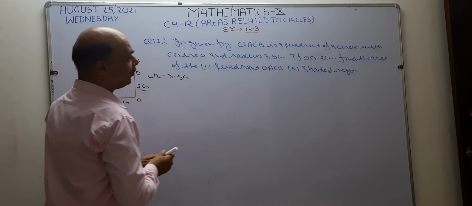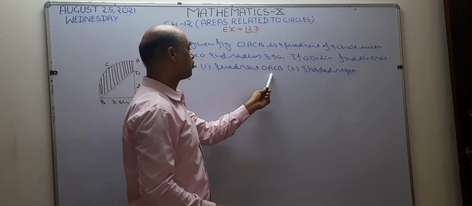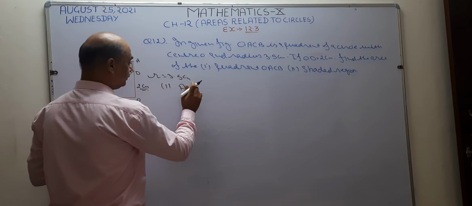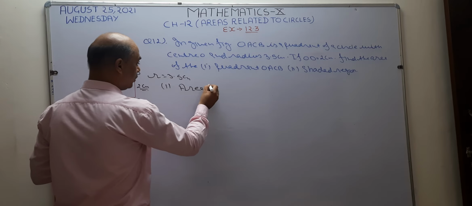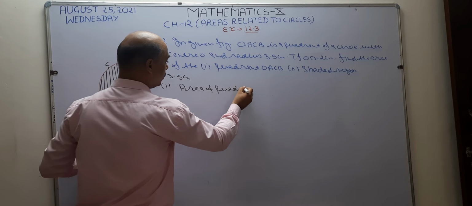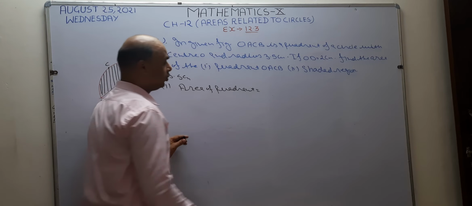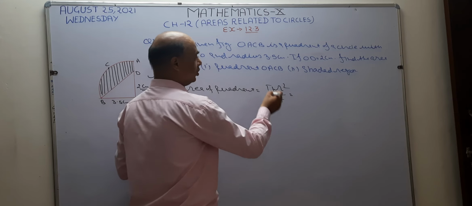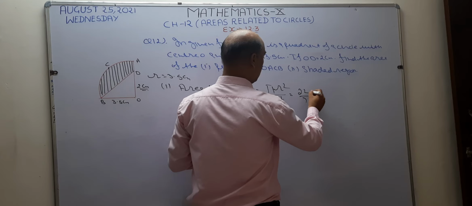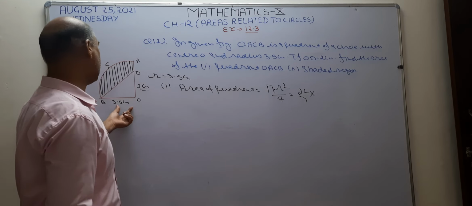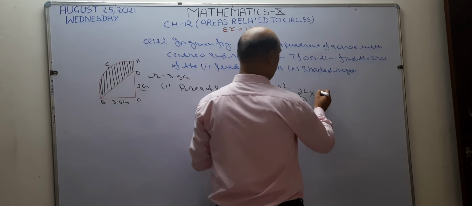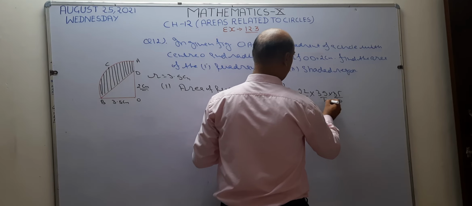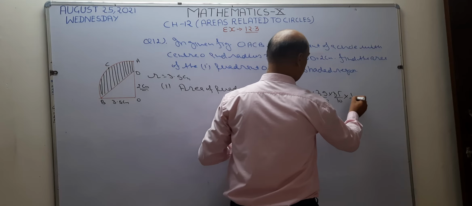In this question, you are going to find, in the first case, the area of the quadrant. So in the first case, solve first. Right here, area of quadrant. How do you find the area of a quadrant? You know, the simple formula is pi r squared by 4. The value of pi is not given, so use 22 by 7. The radius of the circle is given, which is 3.5. Right here 3.5 and 3.5. When you remove this point, this can come, and 1 by 4 is there.